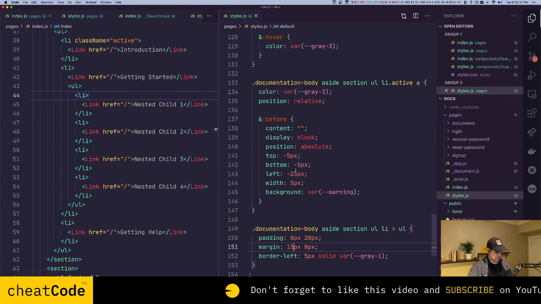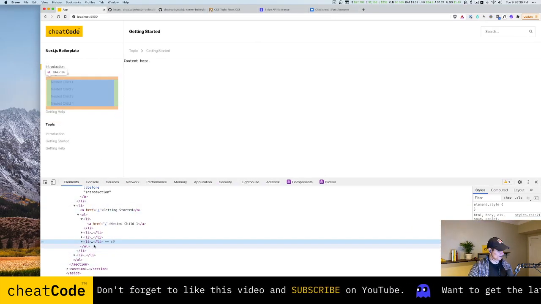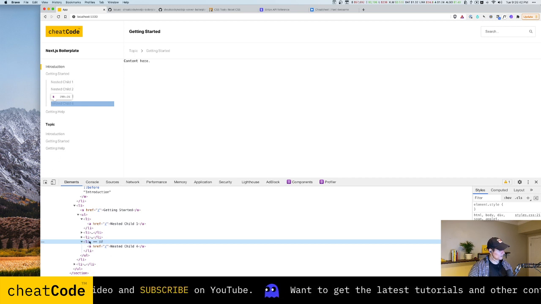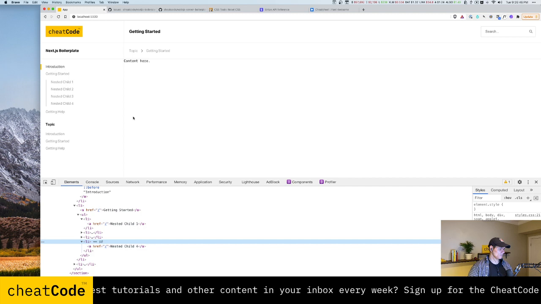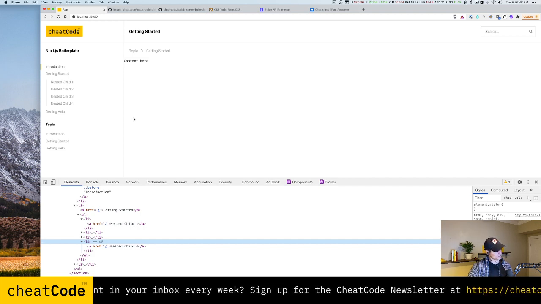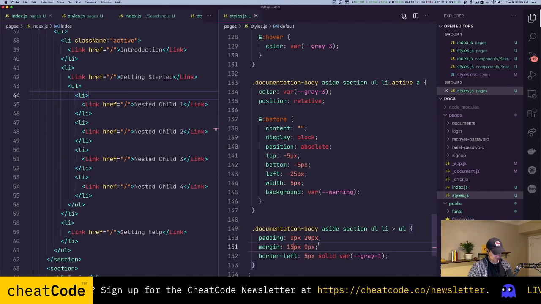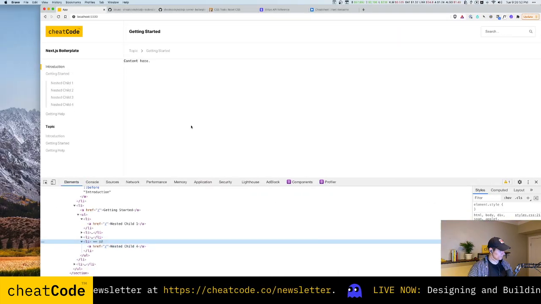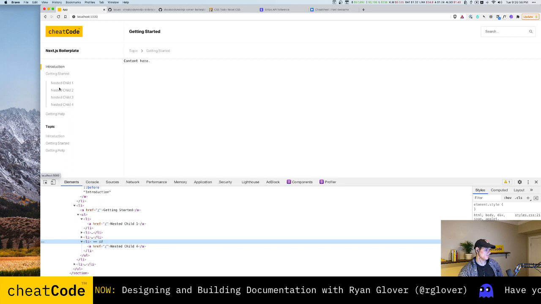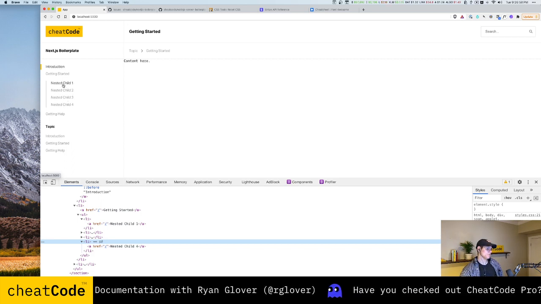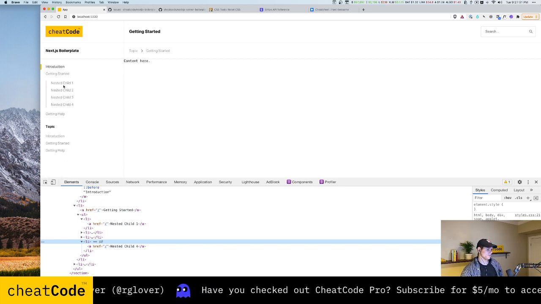What's going on? Wait, did that say P tag or an LI tag? LI tag. The LI tags have line height, so for some reason that's bugging my eyes. Nah, okay, I take it back. 20 is pretty good. Okay, and then we need to add an active class for a nested one